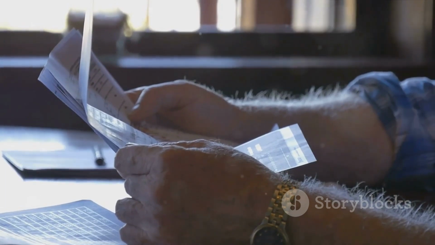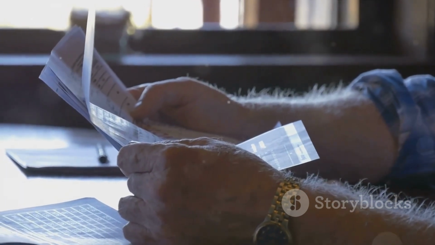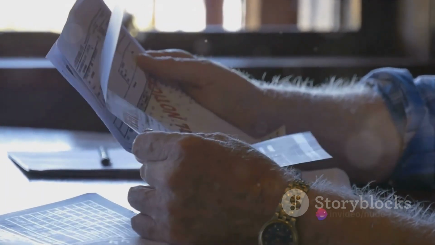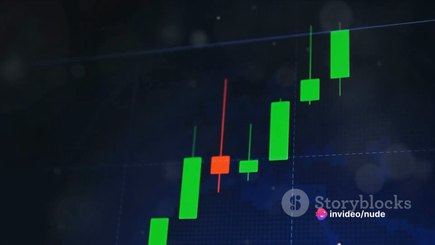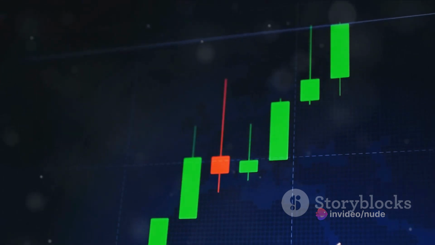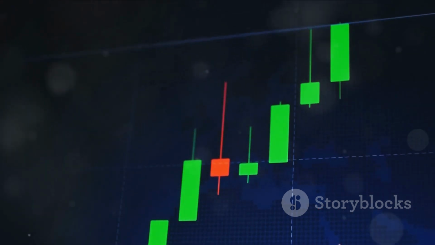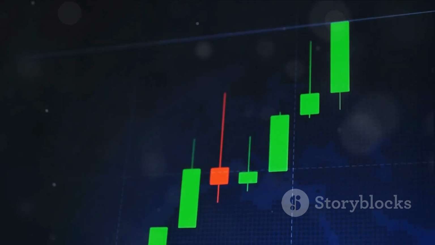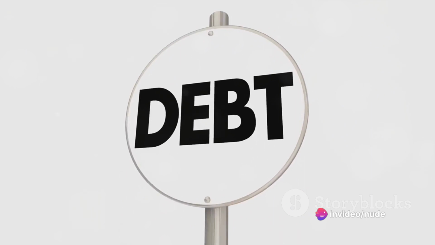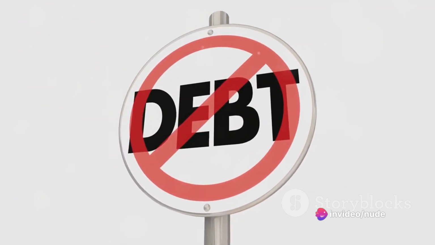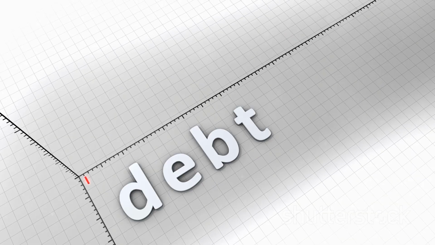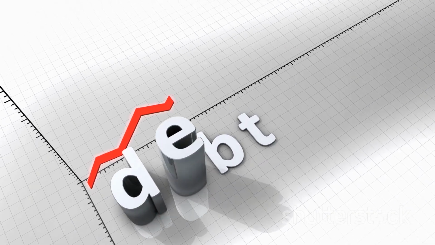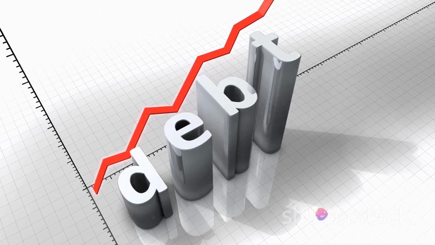Think of liabilities like a leaky bucket. No matter how much water you pour in, if you don't plug the leaks, you'll always be losing more than you gain. Secondly, assets appreciate in value. A piece of real estate or a well-chosen stock can increase in value over time, providing a return on investment that can significantly boost your net worth. Liabilities, contrarily, detract from your net worth. The money you owe on a car loan, a mortgage, or credit card debt is money that's not contributing to your financial growth. It's like a weight tied to your ankle, slowing you down on your journey to financial success.